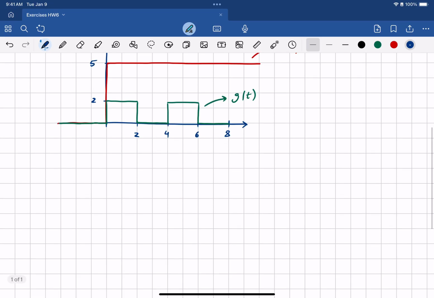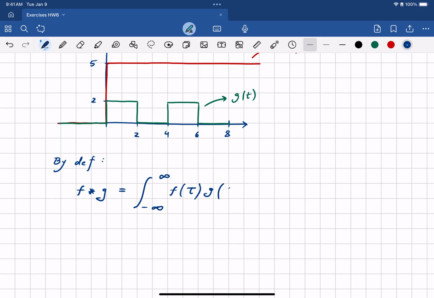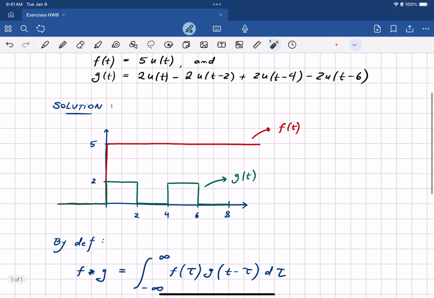So just to have it here, by definition, the definition of f star g is defined by the integral from minus infinity to infinity of f of tau g of t minus tau d tau. That's the definition, right? And you know that based on what you have studied in class, the convolution is essentially